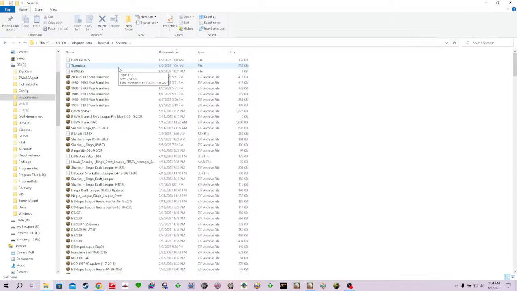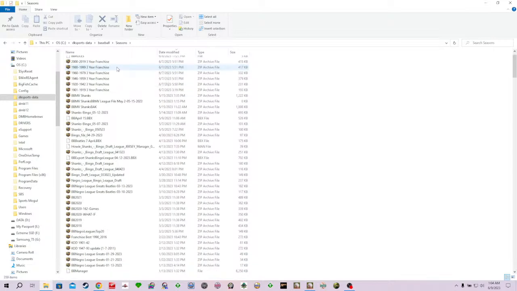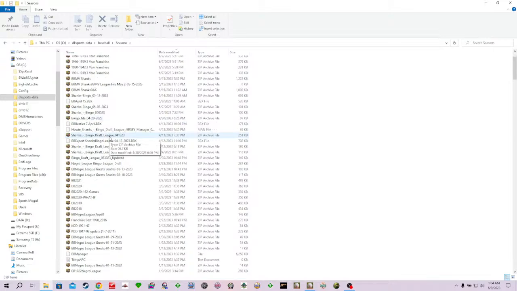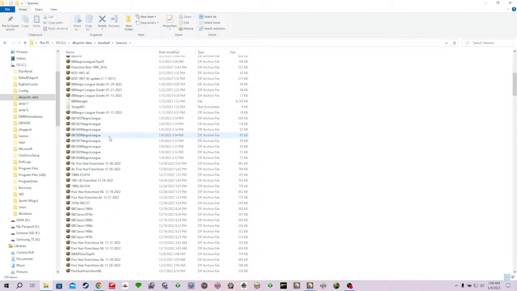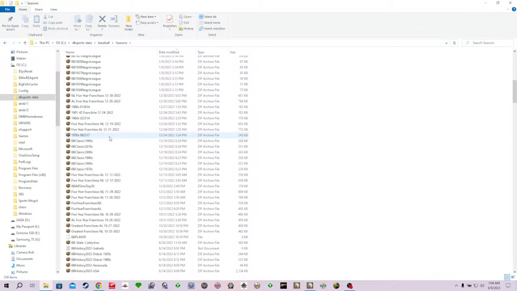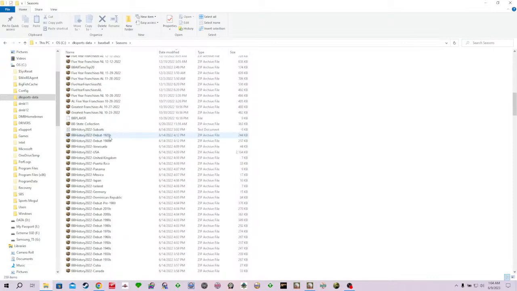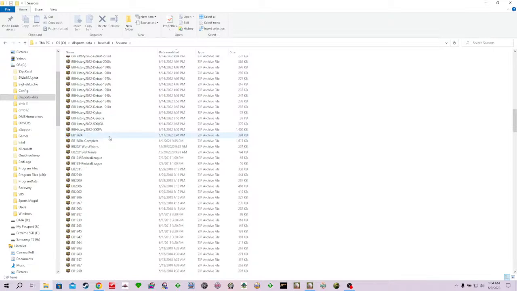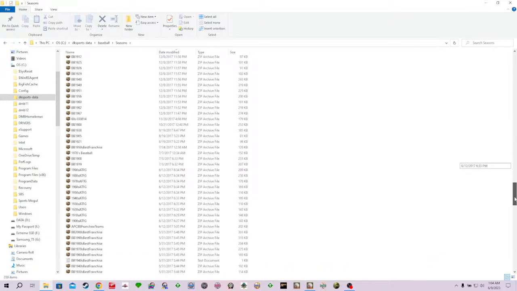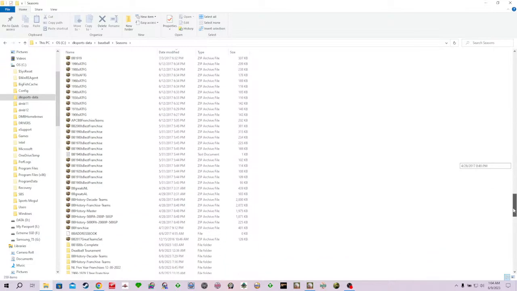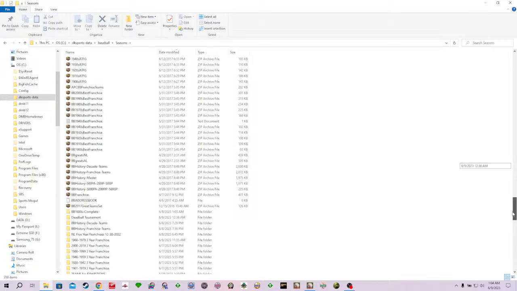So just give me a minute. There's 300 and some things in here, and I'll show you guys how to do this if you buy it. I don't know why he put all the seasons in there like that. Where is it?